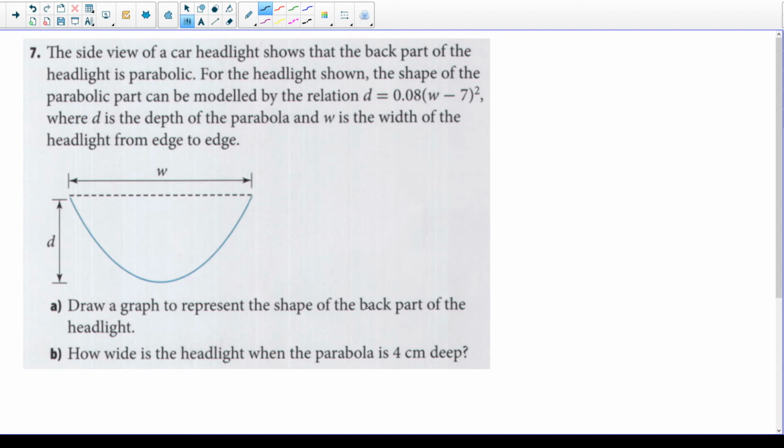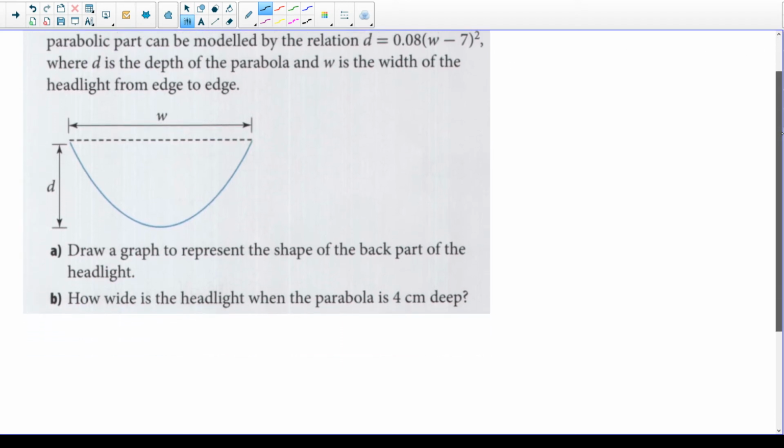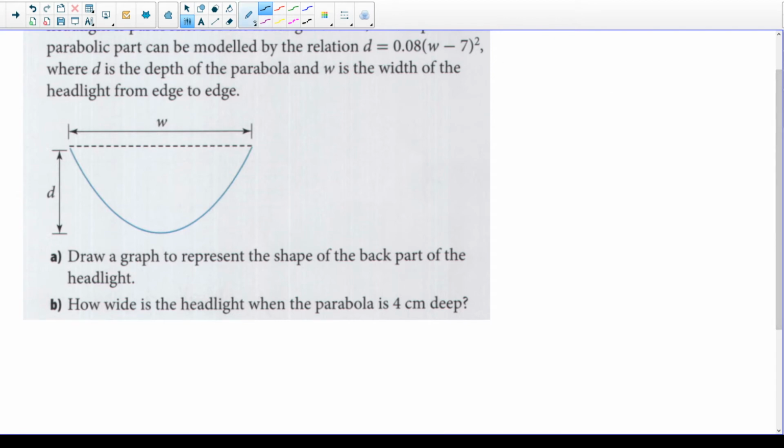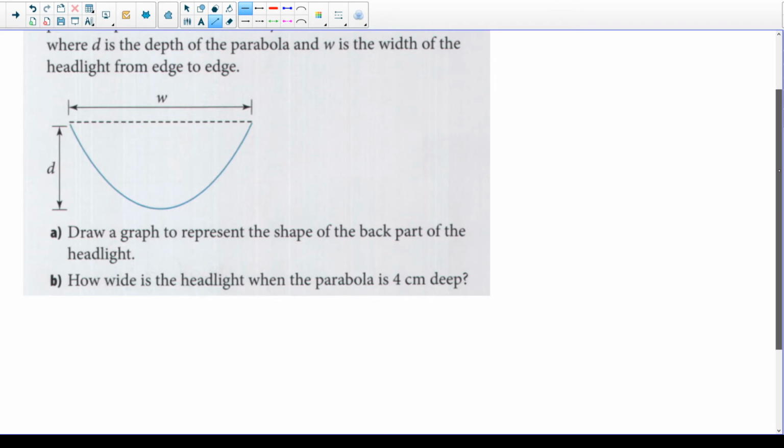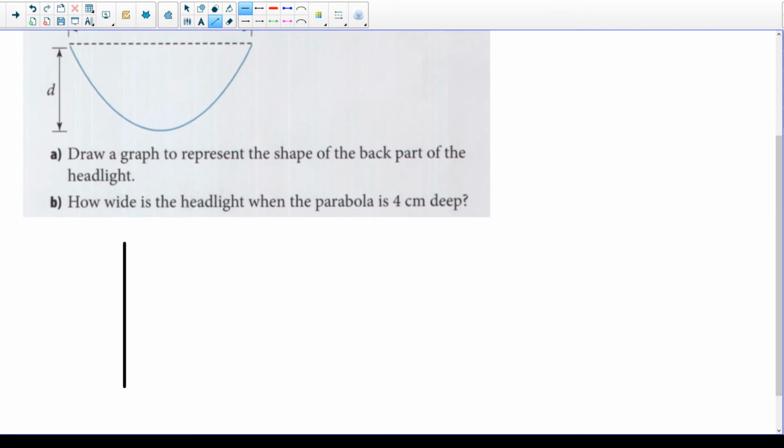Draw a graph to represent the shape of the back part of the headlight. So they wanted us to draw this graph, okay? That means that we have to use our transformations table of values to be able to do it, all right? So I'm going to set that up down here. Now if you remember,